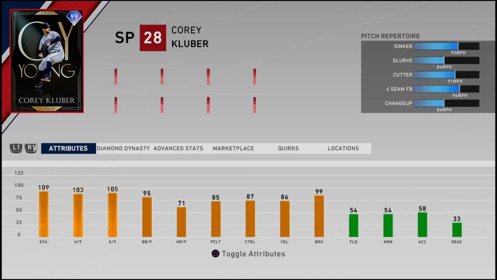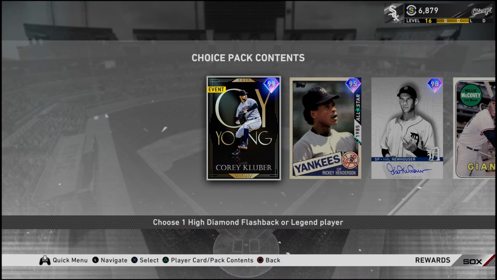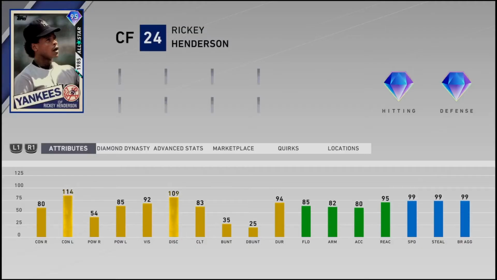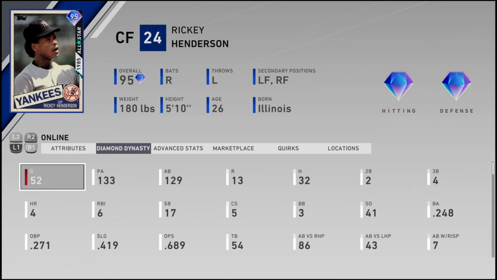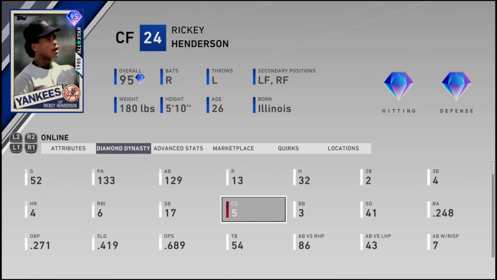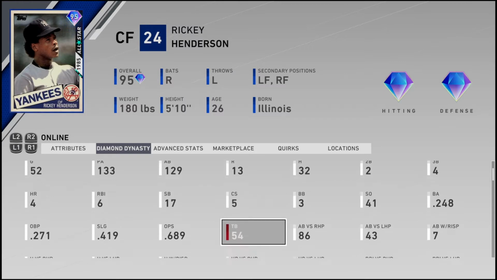So I took Corey first. Very good for me. I took Ricky second. And Ricky is very, very, very good. I like this card a lot. Great against lefties. He's still okay against righties, but with that speed and stealing. Let me show you his stats. Stole 17 bases. He was only caught 5 times because I was trying to